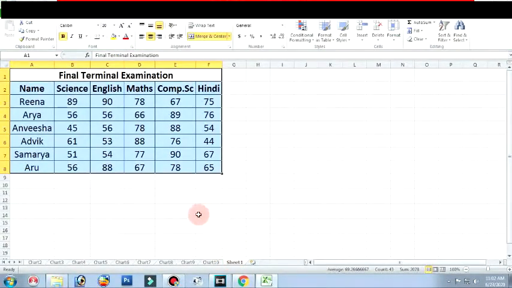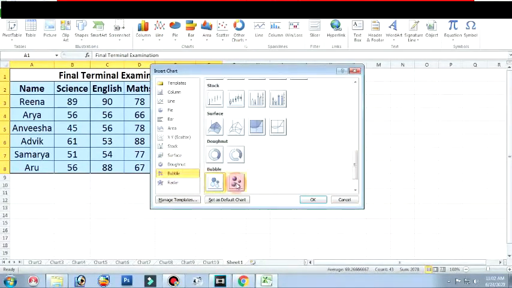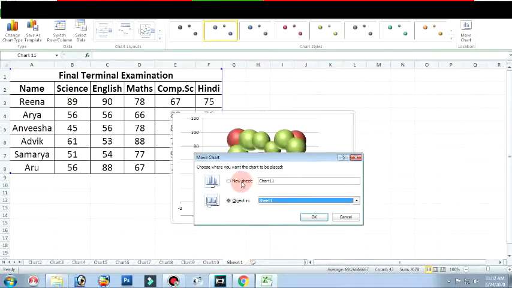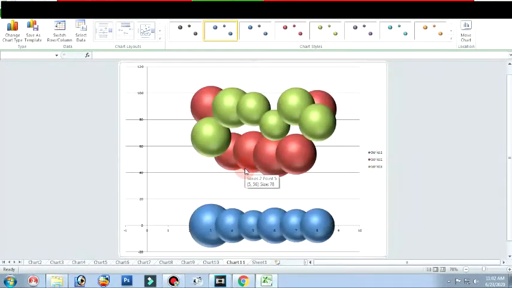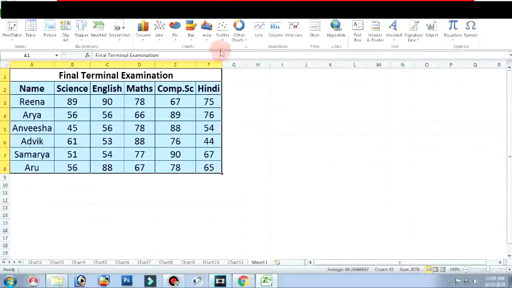Again I am going to sheet 1 to get the data and then menu bar, insert, then chart, bubble chart and select any one of those designs. Click on this and click OK and move chart, new sheet and click on OK. So this pictorial representation shows the chart. Again go to sheet 1, insert,